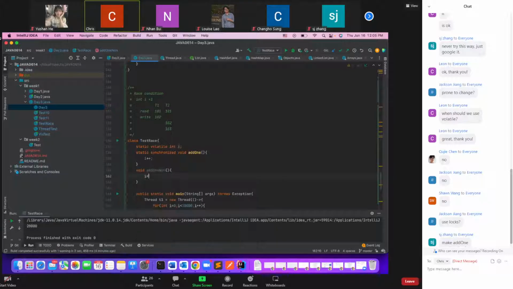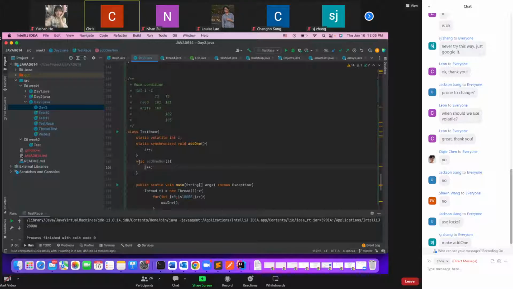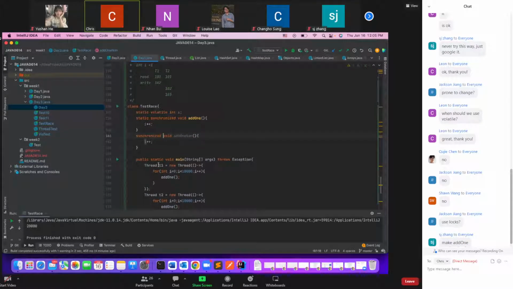It should also increment by one, but it's not static, and we also synchronize it. In this case, we are synchronizing a non-static method. So when a thread tries to execute it, it will try to acquire